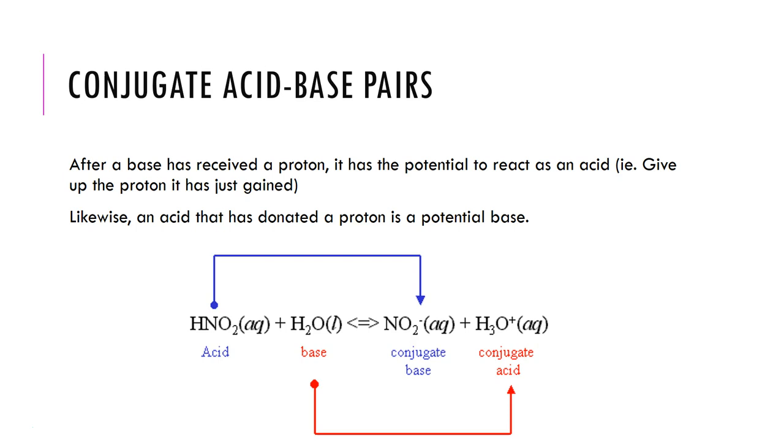So now essentially what that means is that everything's going to happen in pairs. So once a base has received its proton, it has the potential to act as an acid, because now if the base has accepted a proton, it has the ability to perhaps give it back. Okay, so when a base accepts a proton, the species that it forms, or the compound that it forms, we refer to as the conjugate acid. So the base plus a hydrogen ion